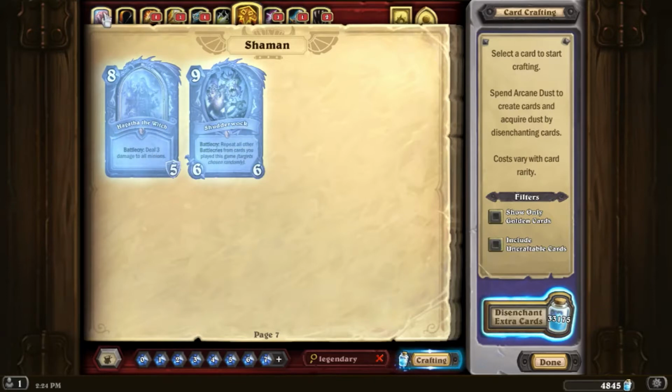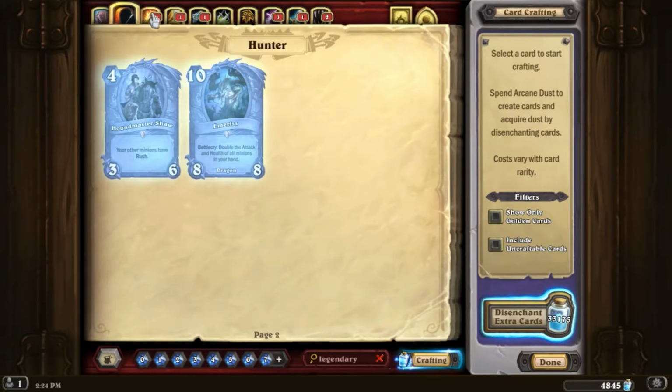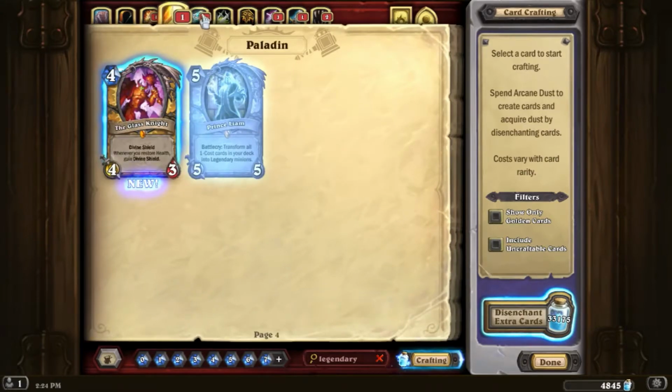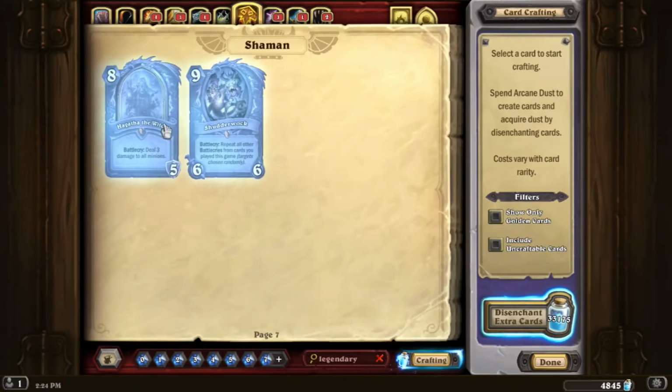Interesting. Huh. Wait, did all of them get a new hero? No. Okay. Well, I'll slowly sift through them now, a little bit more slowly, so people can take a look if they want. But yeah, Shaman got a new... So we have Thrall, and we have Hagatha the Witch, who was...